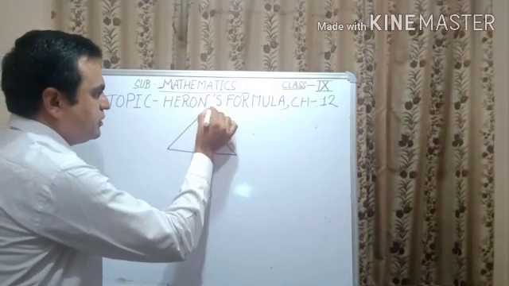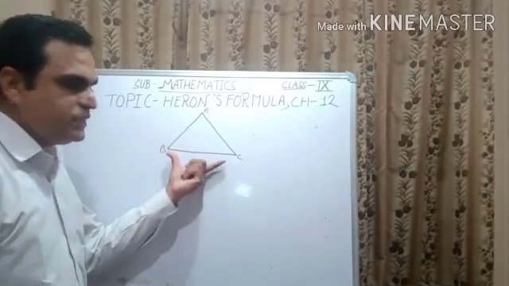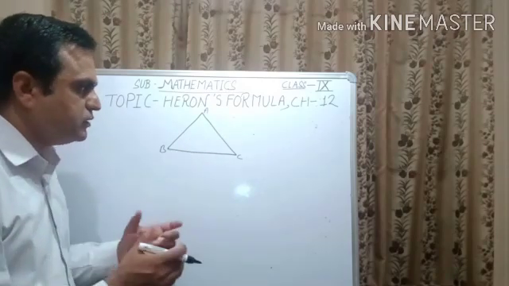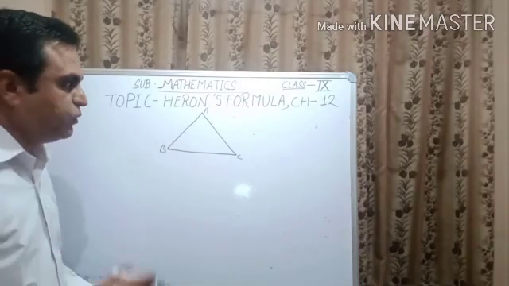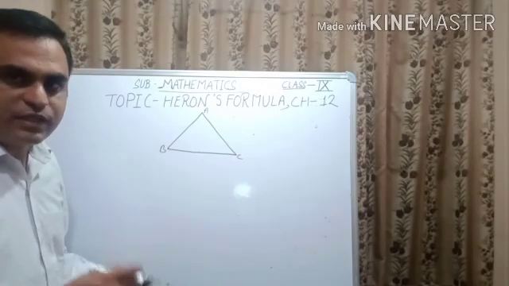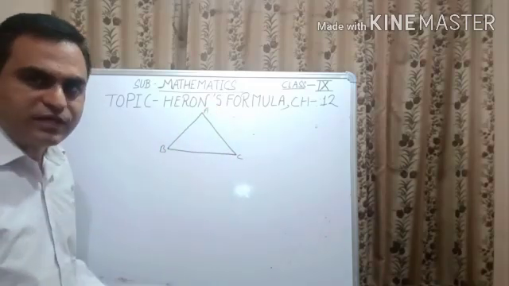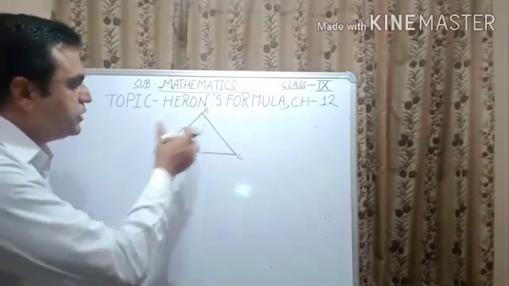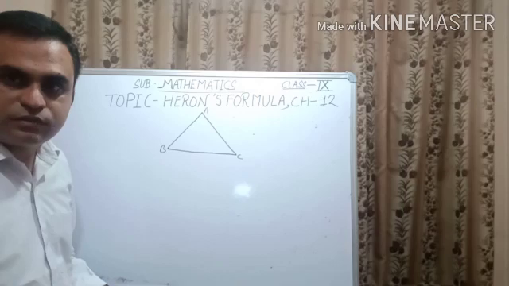Let us suppose I write here A, B and C. AB is the first line segment, BC is the second line segment and AC is the third line segment. It means this is a closed figure. It means triangle is a closed figure made up of 3 line segments, or we can also say that a closed figure in which 3 vertex are A, B and C. These are called the vertex of the triangle. A, B, C are the vertex. Now a closed figure which has 3 vertex is called a triangle.